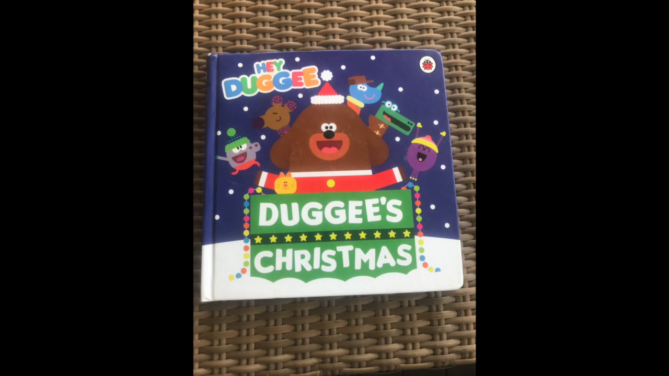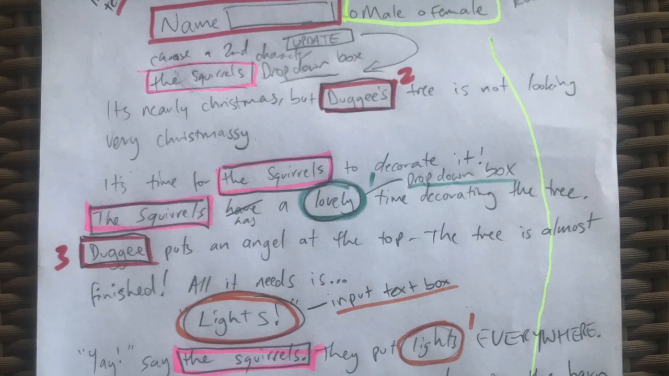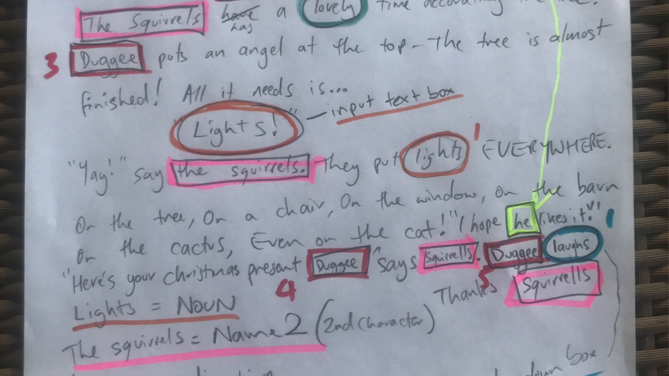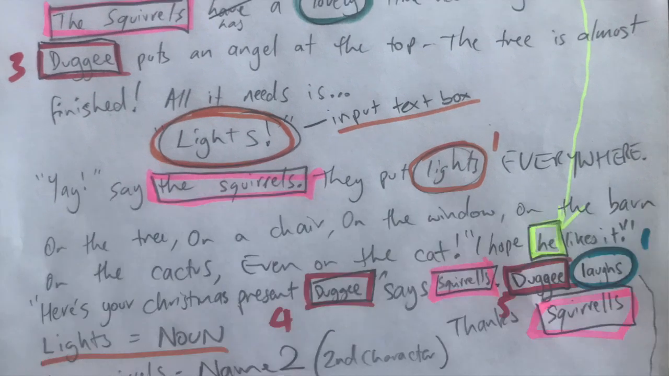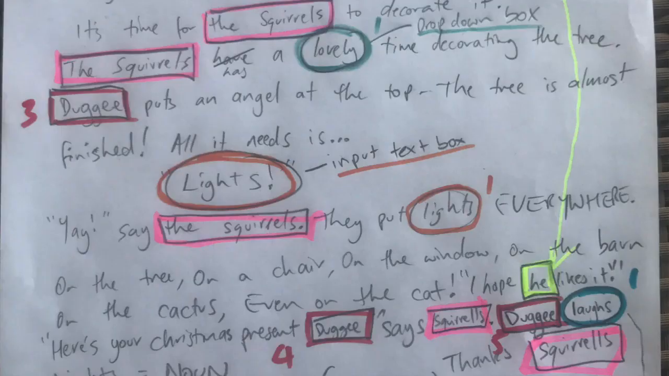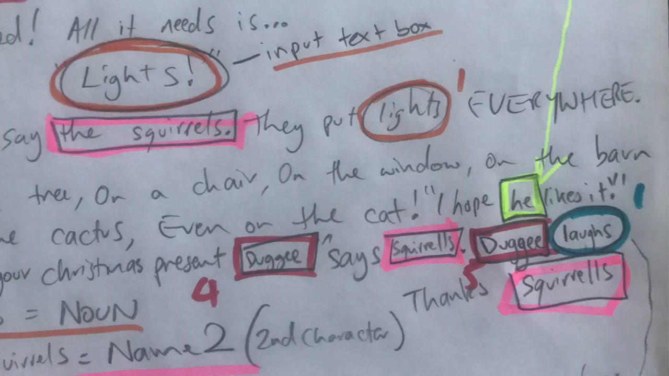So to get started with this, I've written out the story on paper using pencil, and then I've gone through and selected or chosen some words that could be interchangeable. I've selected a noun, which is going to be lights. The name of the main character, and then I've chosen that this story really needed a second character, then an adjective which is going to be lovely, a pronoun which is going to be he, and a verb which is